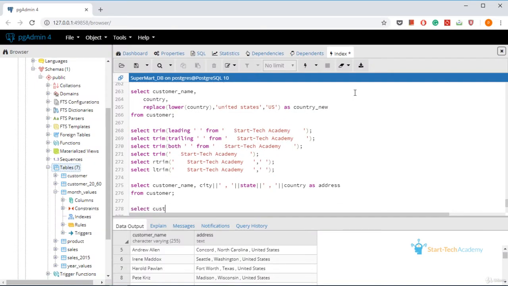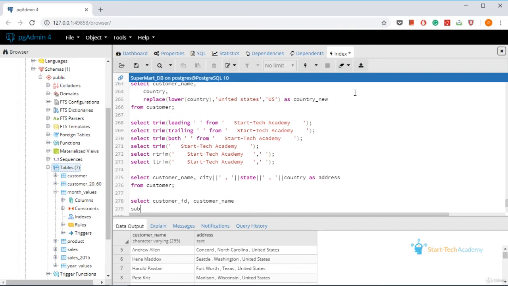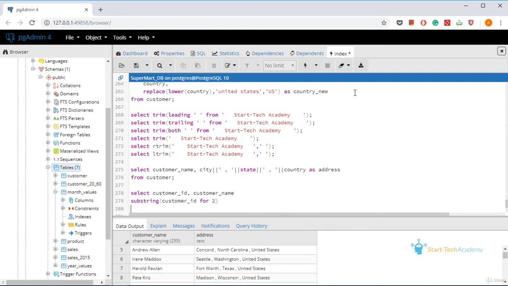So select customer ID, customer name, and substring. Mention the string, which will be the column name, for two characters.